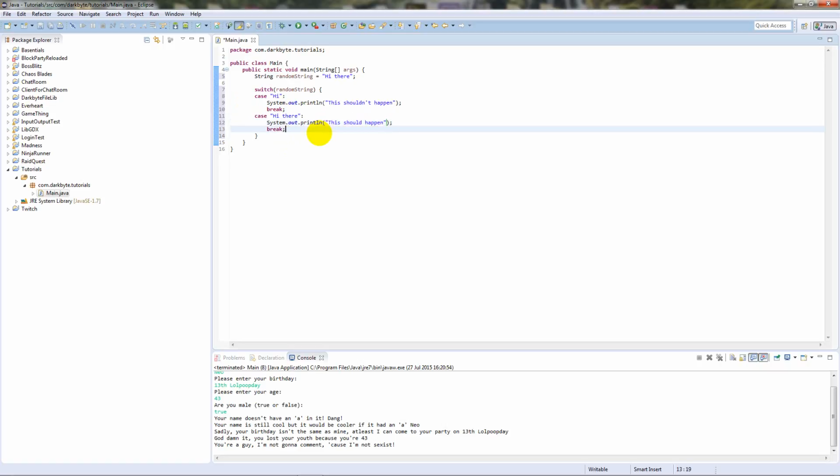Alright, so then we're going to call something called default, which is basically every other scenario, it's going to run this. So you don't have to put case default, you just put default, then break. You still have to put the break though, you always have to put the break. So default, break, and then you go sysout, "This will happen"